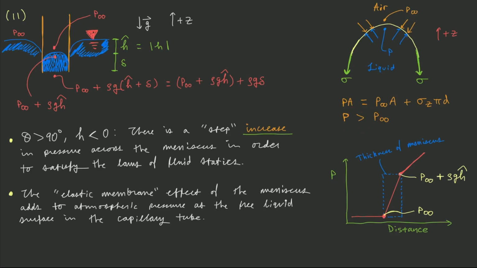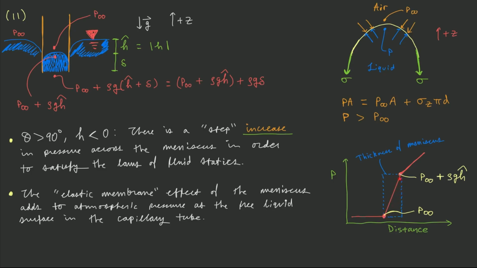And then we use a hydrostatics analysis of our capillary tube, in this case, when theta is greater than 90, to determine what that pressure distribution is. So with this pressure distance curve, it's very similar to the pressure distance curve from the previous slide. We have a constant P infinity above the meniscus. As we cross the meniscus, we have this, quote-unquote, step increase in pressure, where maybe this isn't linear,